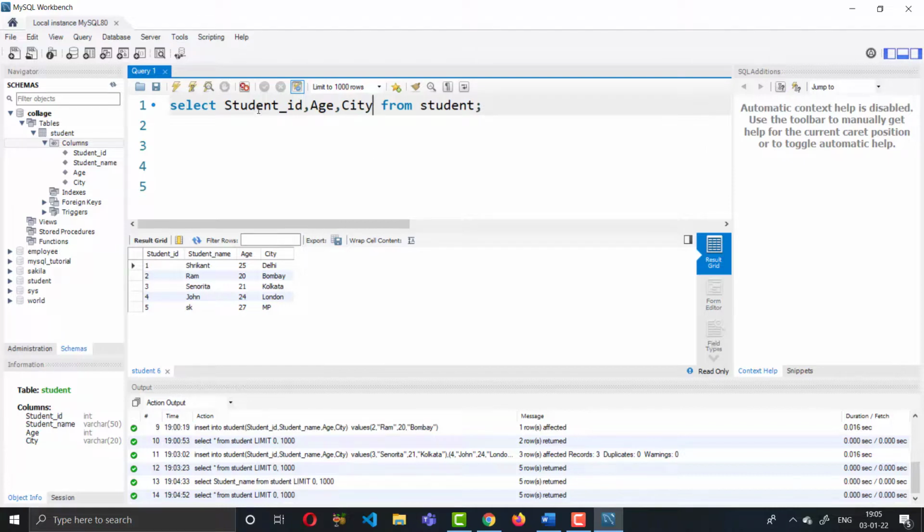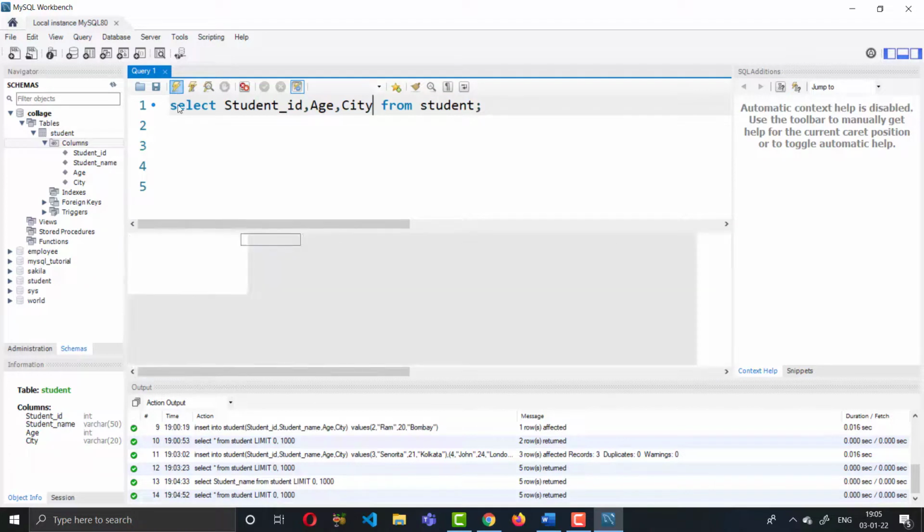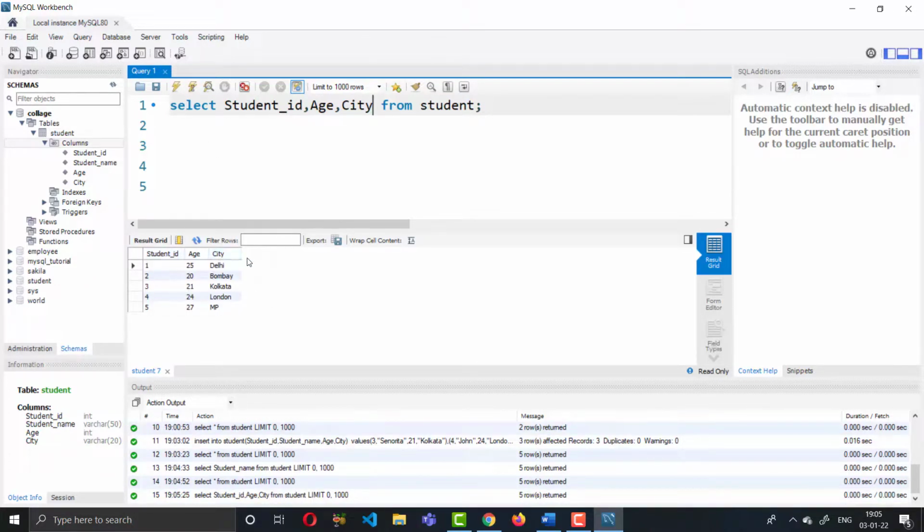So three column names will be selected from the student table. So run that cell. So student ID, age, city is coming here. So in this way, according to your specific requirement, you can select your column names.